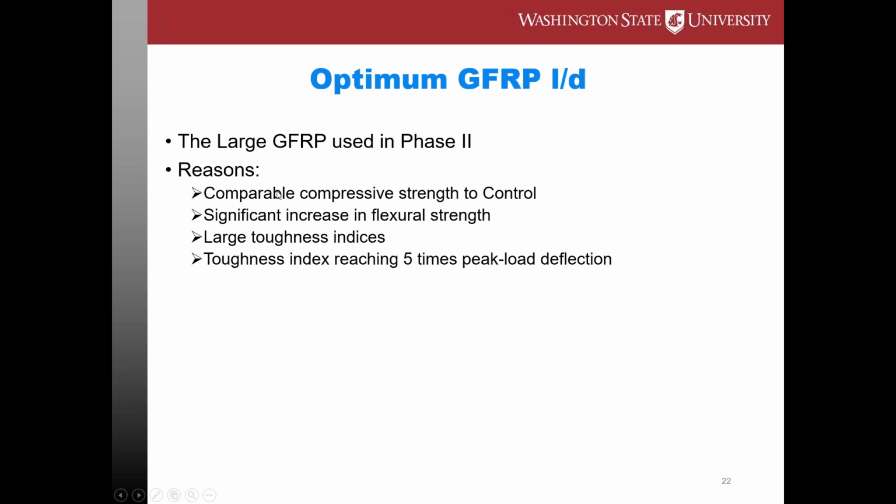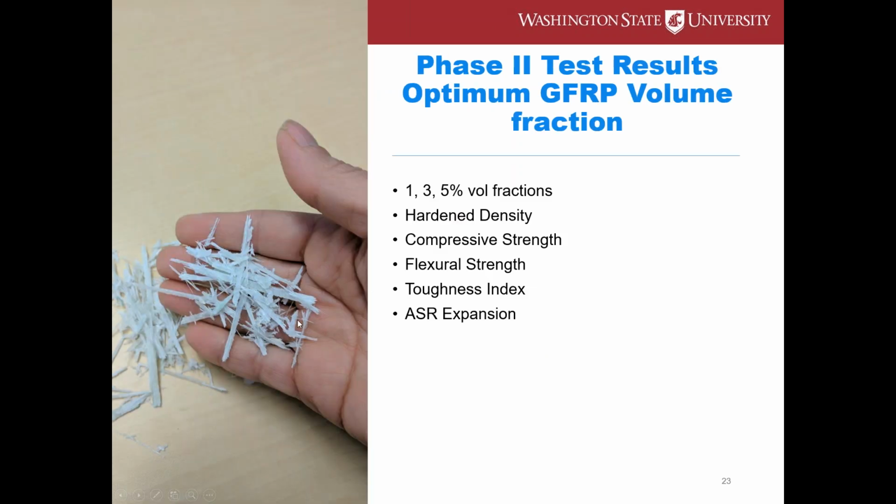And the reason for that was that the compressive strength did not drop significantly, and it was kind of similar to the control, and that's what we're looking for. We were able to obtain a significant increase in flexural strength. That's great. Toughness increased, deformability increased, and we were getting more deflections under the load after failure, which was really nice. So with all of these reasons in mind, we picked the large aspect ratio to move forward in phase